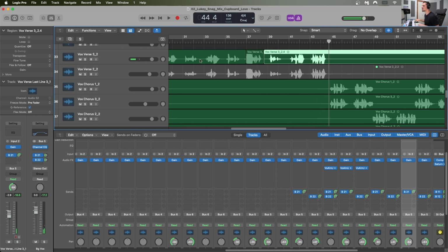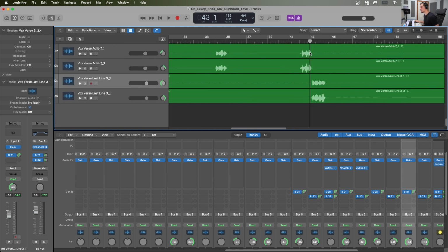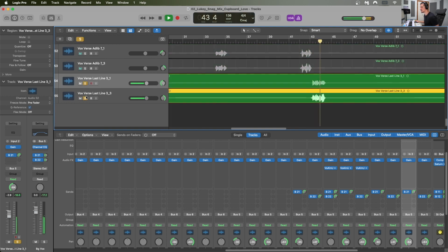And so that gives us some more width and also makes more room for the lead vocal while also providing that background and that harmony to emphasize the line being performed. Now, scrolling down here, we see that we have two different harmonies